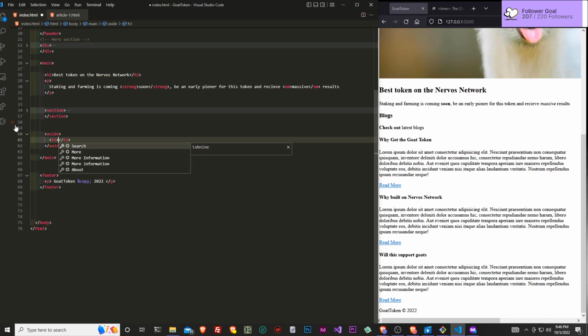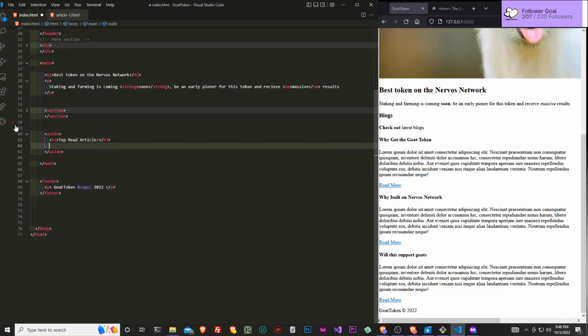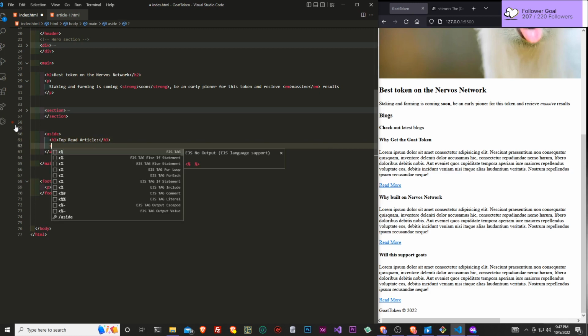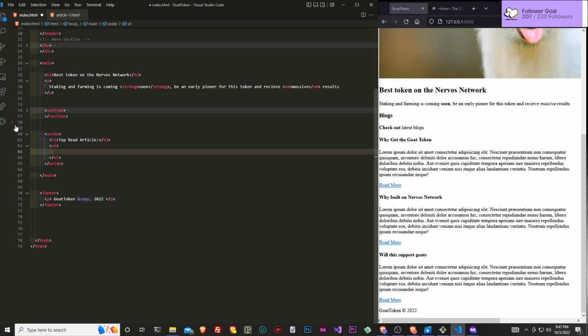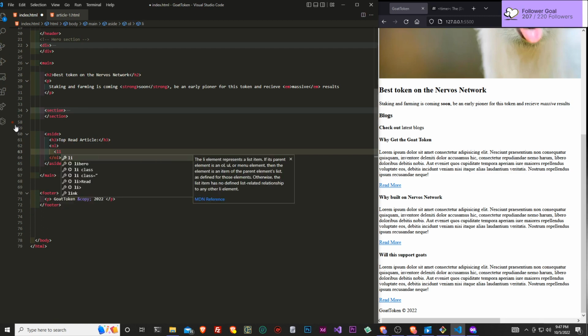And inside here we're gonna have an h3, and it's gonna say top read articles. And then instead of using a UL to make an unordered list, we're gonna use an OL to make an ordered list, and we're basically gonna be creating a list item, and we're gonna say